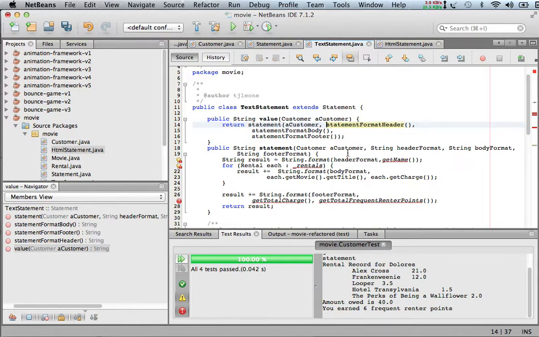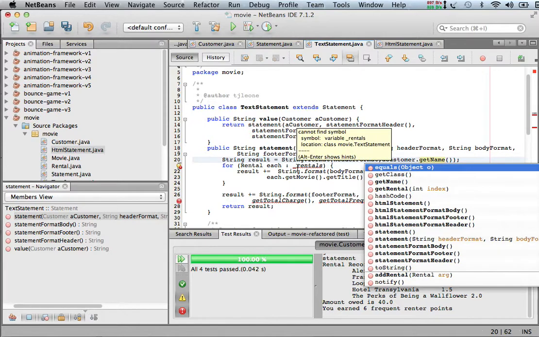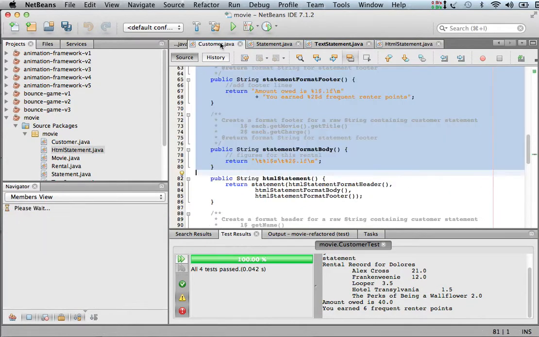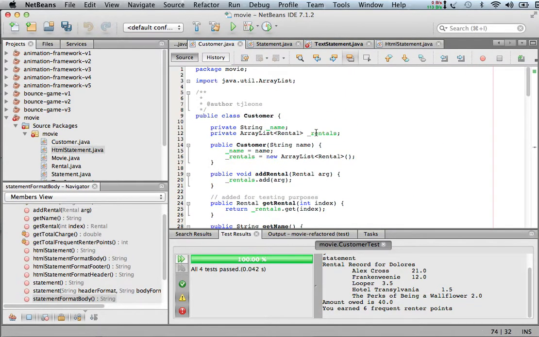So that'll be my parameter there. Okay, so the customer knows how to do these methods in here. Get name, and we need a nice way of getting the list of rentals, don't we? Let's see. So if we go into customer,